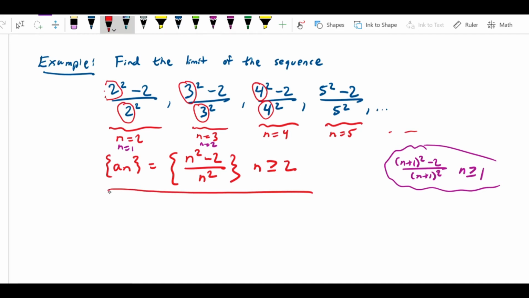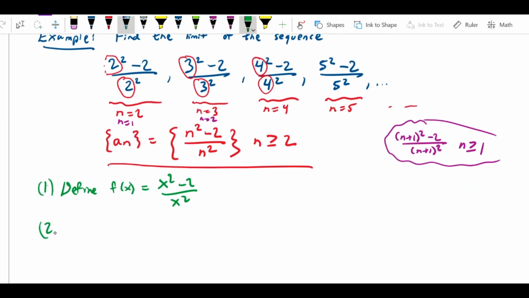So the first thing I need to do is define, I don't want to write this in red, that's too scary. 1, define f of x to be the exact same term but with an x. So in other words, I have n squared minus 2 over n squared. I'm just going to define f of x to be x squared minus 2 over x squared instead of n squared minus 2 over n squared. Okay. Now 2, we want to verify